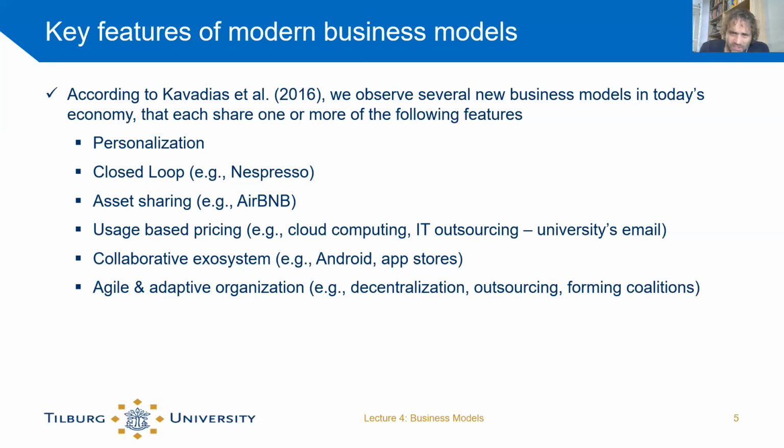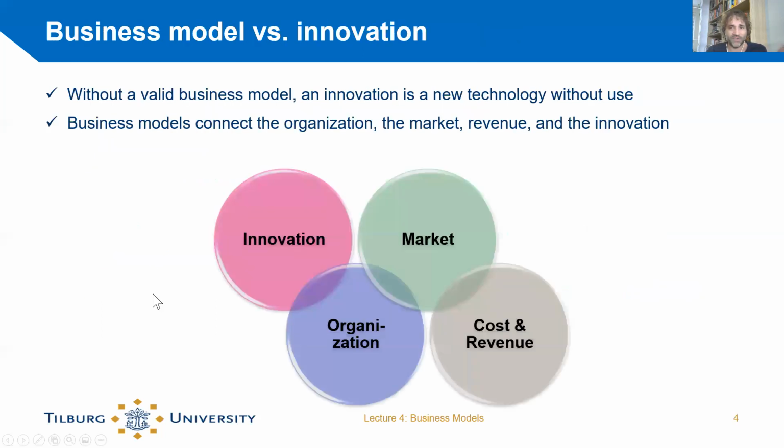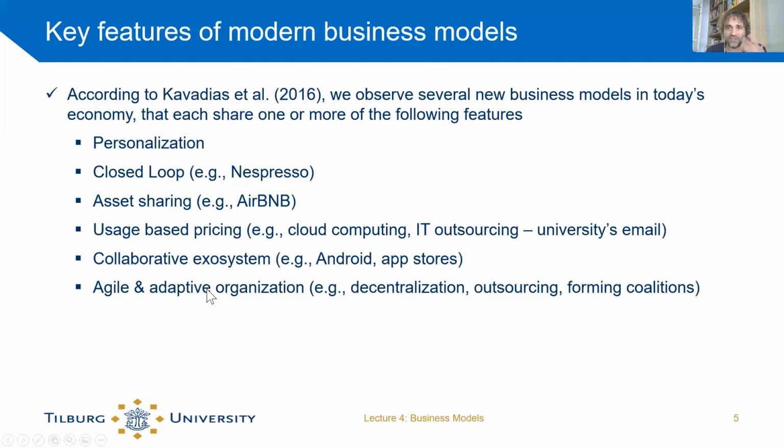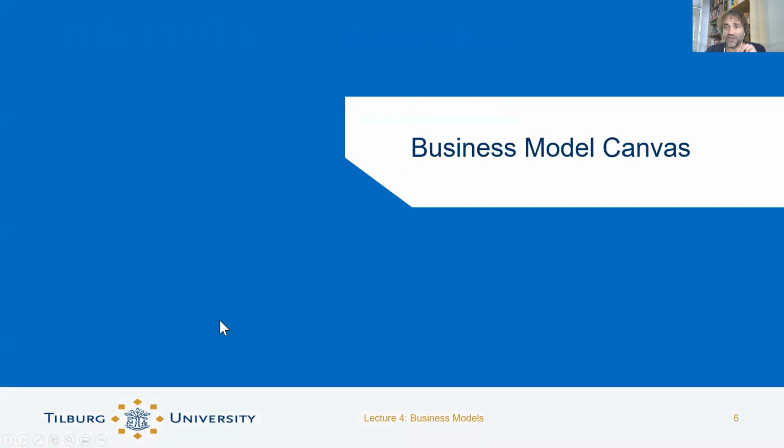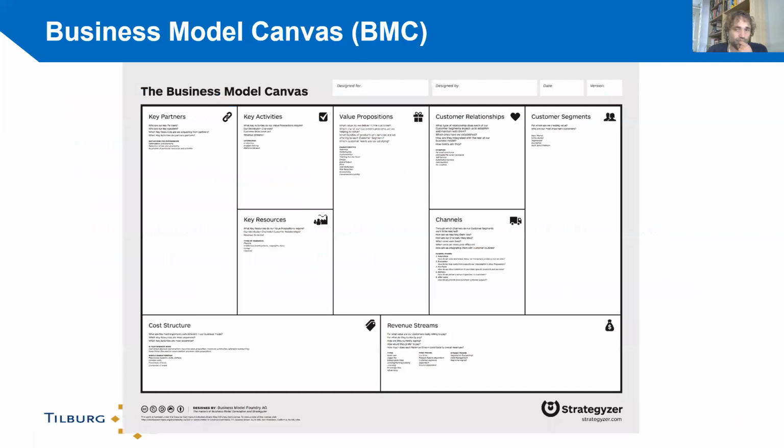So, okay, we talked about what a business model is and the features of a business model. So a business model is the relation between innovation, the organization, the market, and the cost and revenue. We talked about some innovations in business models itself. And it's now time to spend a bunch of time on the business model canvas. So this is based on a very popular book by Osterwalder and Pigneur, two Belgians, and they have created this business model canvas,